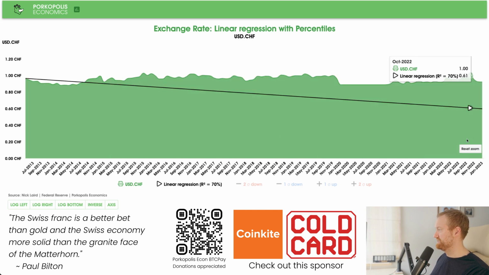Let's even zoom this in. This looks like a mistake. It's not. Since COVID here, look at that nearly fixed peg of 0.89 Swiss francs per $1 around the COVID years. And there were a lot of